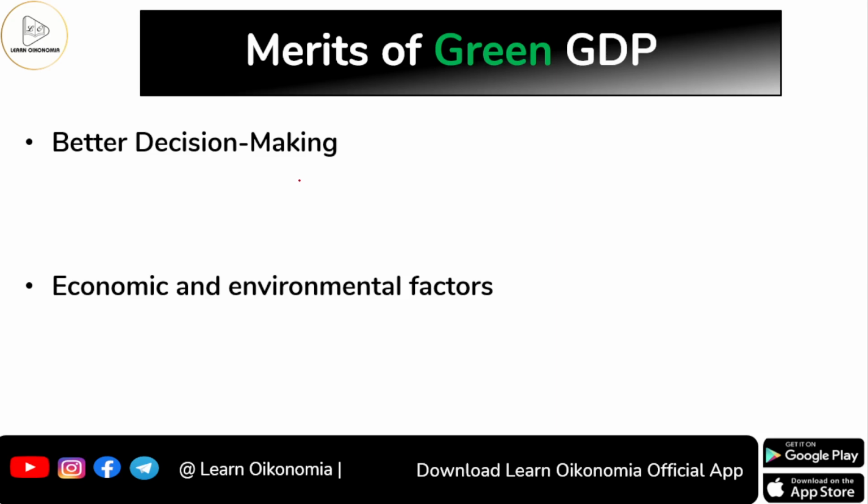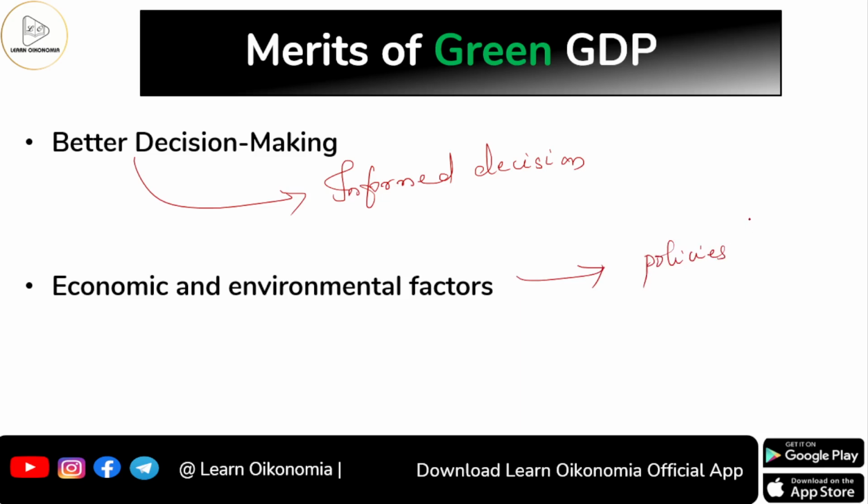Yes, of course, it will also lead to better decision making, isn't it? So why are we talking about informed decisions? Now we do have information related to the consequences of our production onto the nature, and we use the same for policy formulation. We implement the right kind of policies as a result of the information received from this context, and thus we will be able to have both economic factors and environmental factors taken into consideration simultaneously to build our policies. And this kind of policy will be leading to our development.